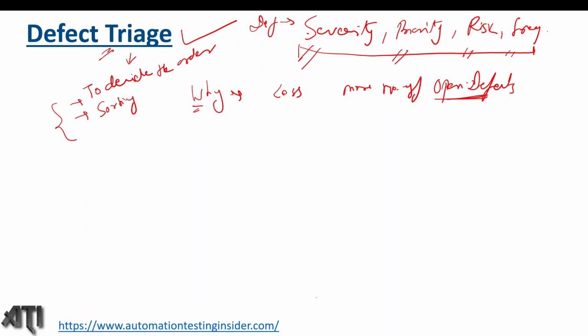So that's the reason we used to conduct this defect triage meeting. Now let's talk about the process of defect triage meeting. Basically there are three stages in defect triage. Firstly, we review the defect, the defect review,